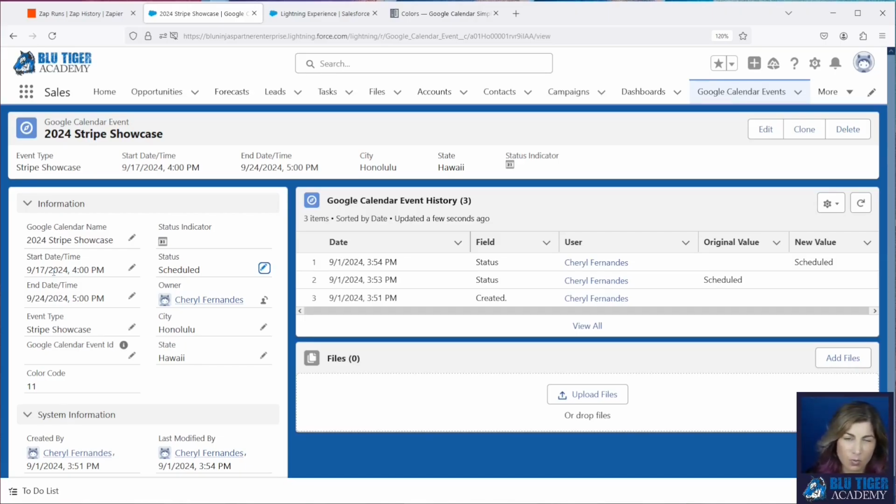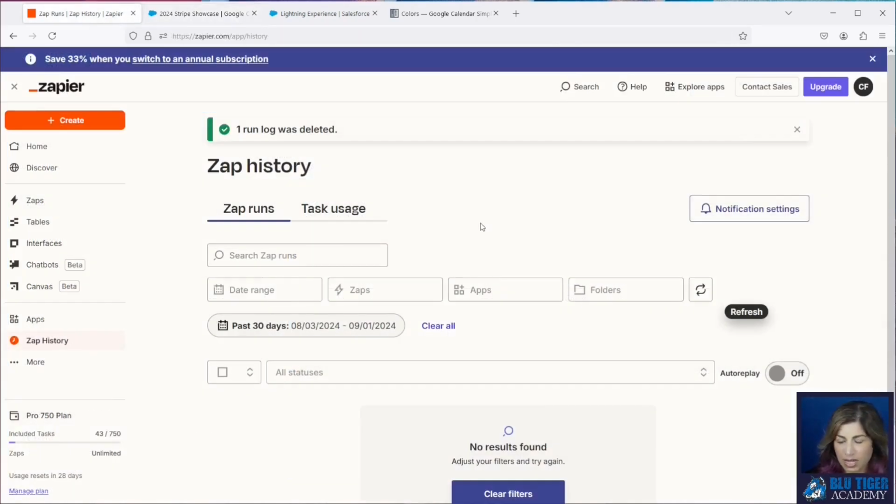In our option 1 here, we would have to create multiple sub-Zaps that make one Zap fire. So when a record is created, when the date changes, when the status changes and has a certain value. So it's a lot heavier of a lift to build all that in Zapier. So option number 2 is going to be much more efficient for us.